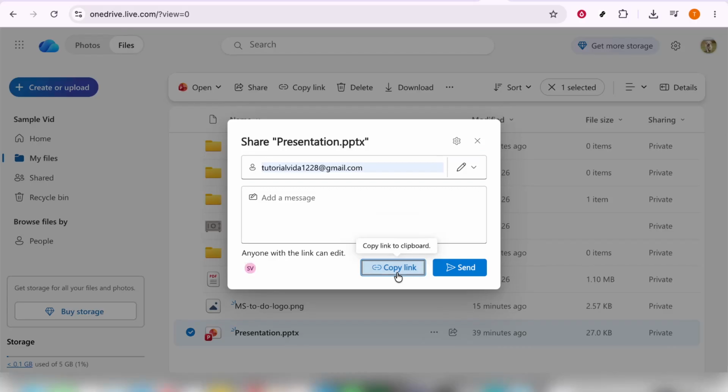The copied link can be pasted into an email, a chat, or any other platform you're using to communicate. Just press paste, or the keyboard shortcut, which is usually Ctrl+V on most systems, to insert the link into your message. A quick tip: make sure to give a brief description or context when you share the link. This will help the recipient understand what they are about to view or download, making it much more informative and professional. Sharing files through OneDrive not only declutters your email, but also ensures your recipient has the most up-to-date version of your document. It's a simple yet effective way